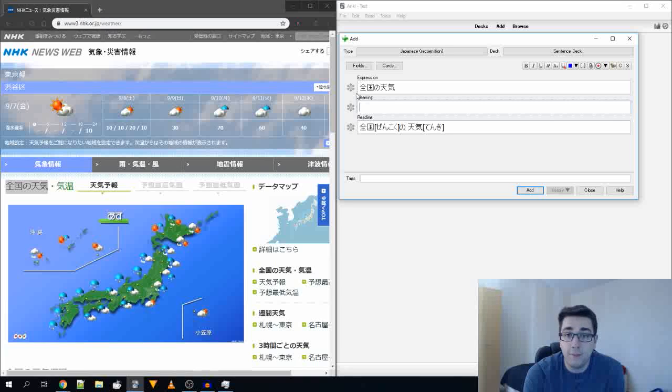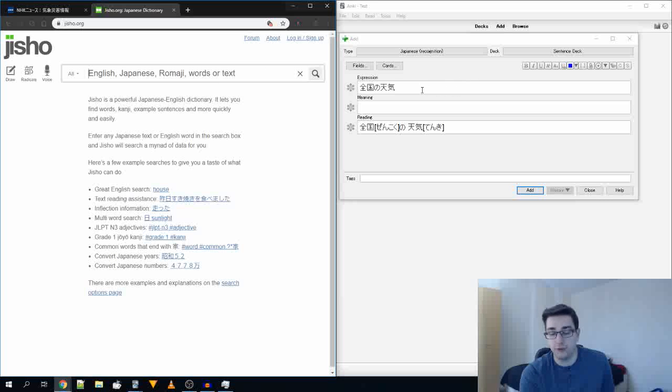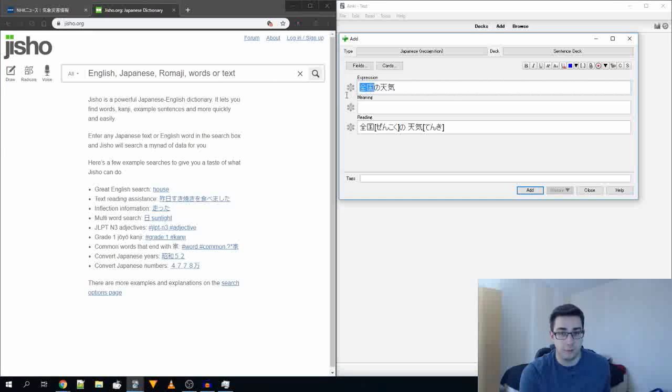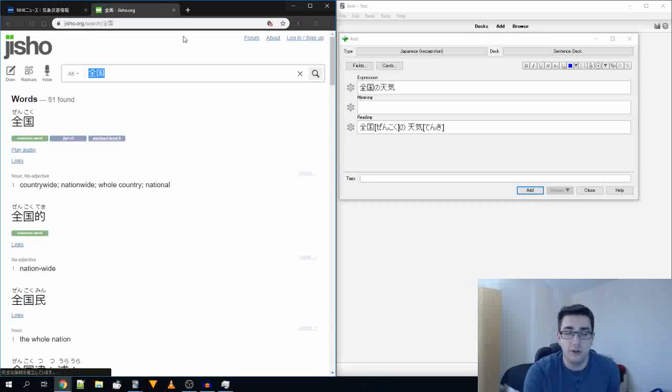So what you can do from here is you can then add translations or explanations in Japanese. For the first 500 to 1,000 sentences, you're going to want to be adding English probably to the back of your cards, because you won't have much knowledge of the language and you need to start from somewhere. It's not recommended that you use English a lot, so once you get to 1,000 then I would definitely stop.